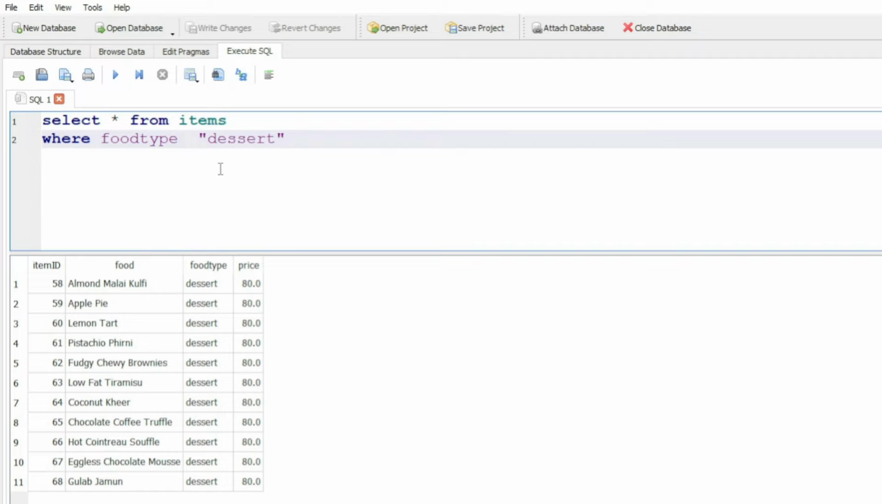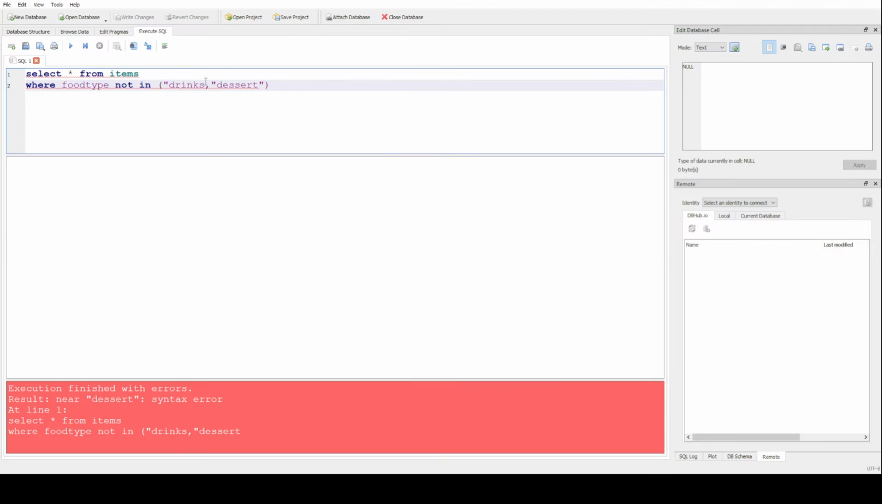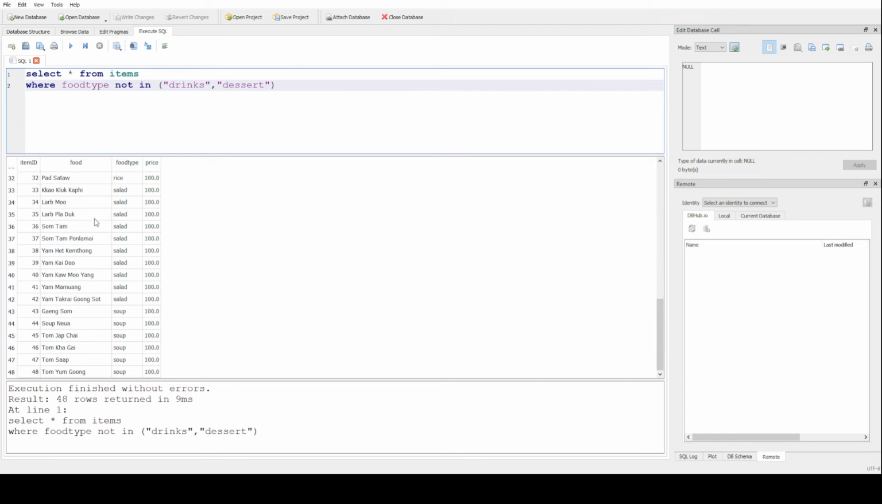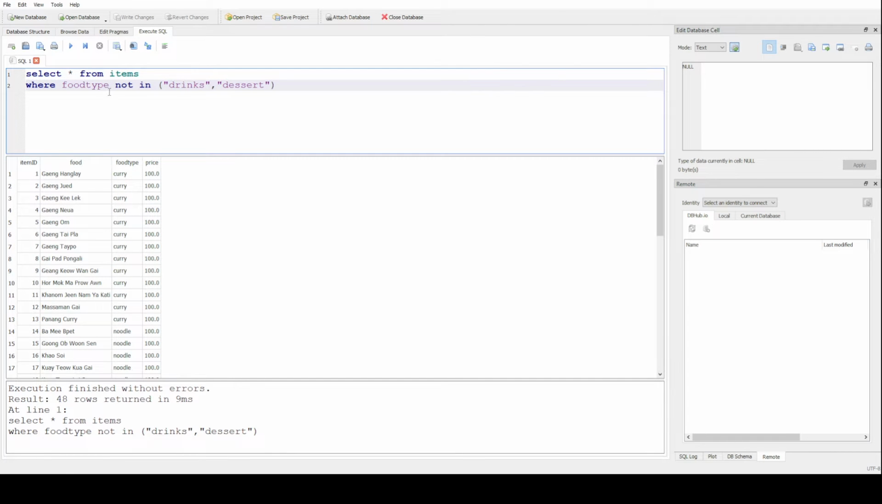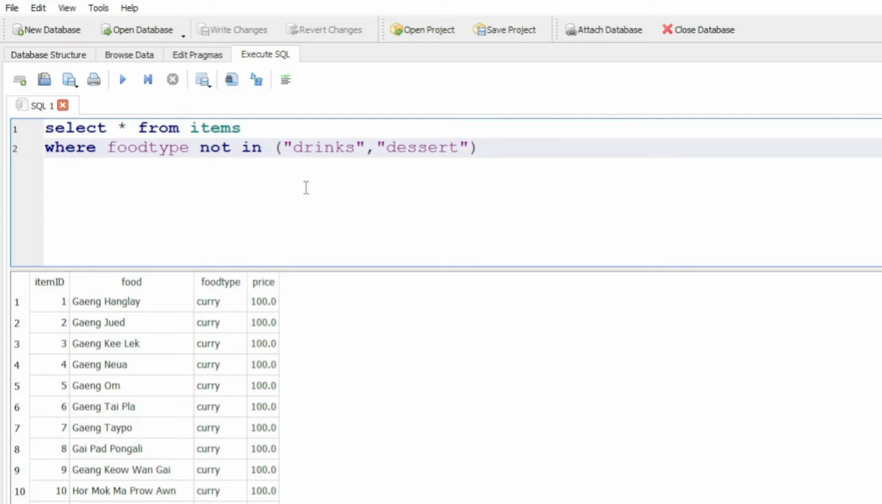Another way we could use is use in or not in. So for example, all the main food items are not drinks and desserts. So if our food item is not in one of those two, we just need to remember the second quote. You can see here now we've got all of our main food types by saying we don't want the drinks